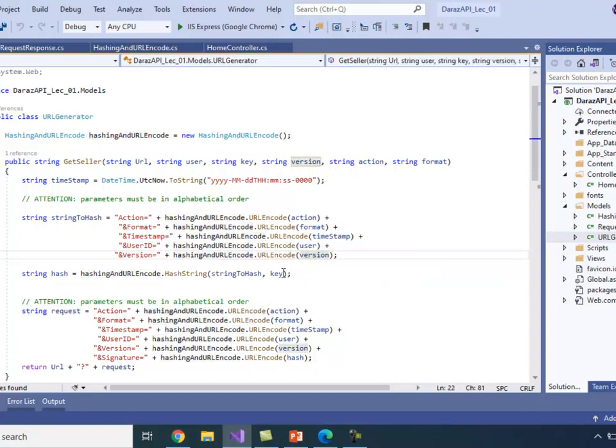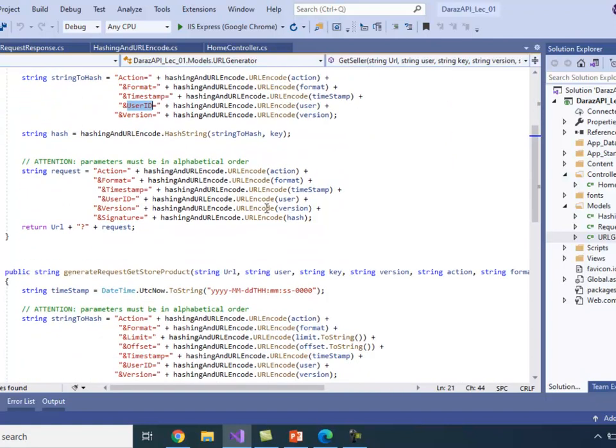When you pass all of these, we first calculate the hash of the string. After that, these parameters are converted for URL encoding, in which we convert them into the equivalent ASCII characters, and then we pass them on for calculating the signature.